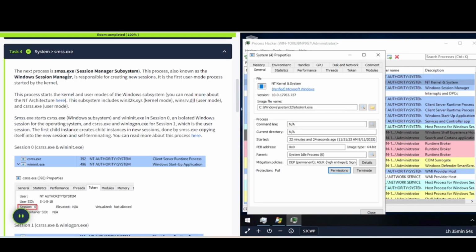The next process is smss.exe, Session Manager Subsystem. This process, also known as Windows Session Manager, is responsible for creating new sessions. It is the first user mode process started by the kernel. This process starts the kernel and user modes of the Windows subsystem. You can read more about it, or more about the NT architecture here. This subsystem includes win32.sys, kernel mode, winsrv.dll, user mode, and